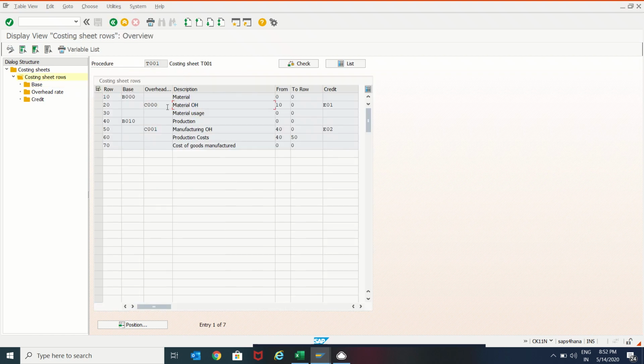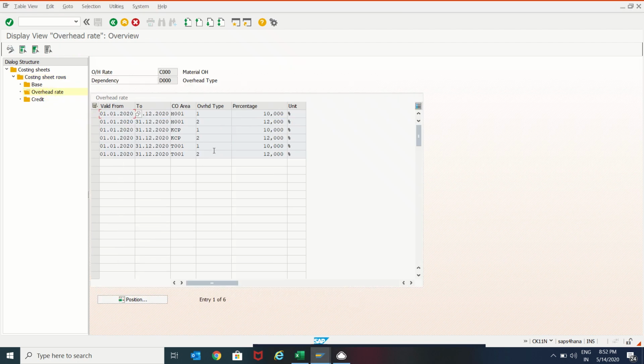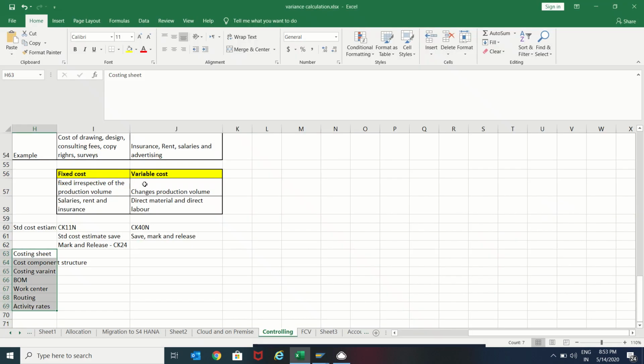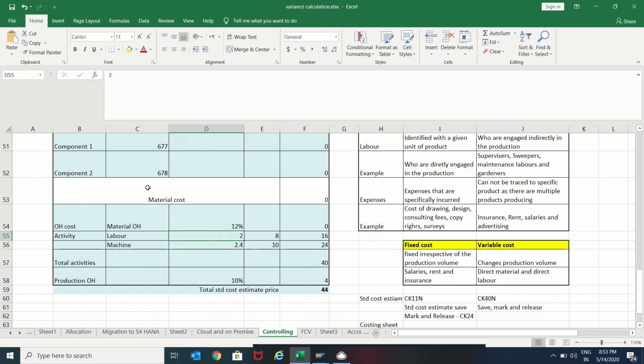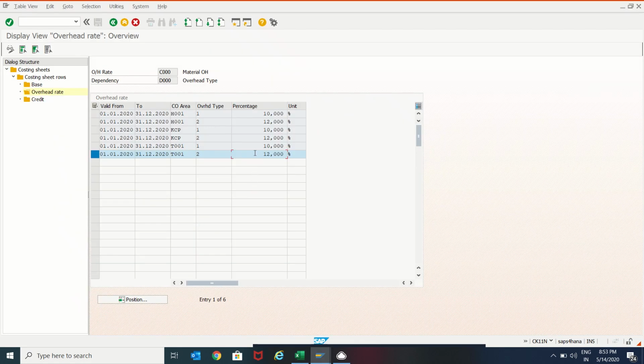Then material overhead. Material overhead means whatever value is derived here in this material cost, on that we are calculating the material overhead. So if you see the material overhead, here we can see there are two things, one is actual and second one is planned. This is the one where we can see 12%. This is the planned material overhead. This material overhead is on the material cost. Okay, 12%. So here what I'm going to do, I'm going to maintain that in the Excel sheet. So let me take you into that. If you see material overhead 12% I have maintained here. This is the 12% which we maintain in the material overhead. This is calculated on the material cost.